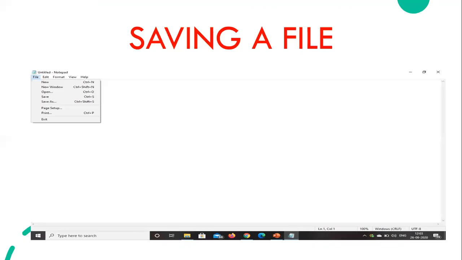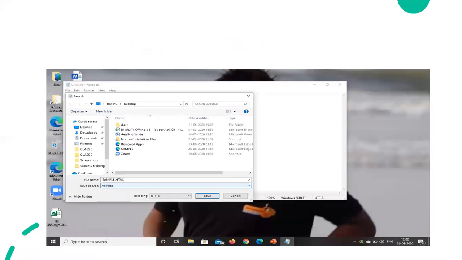The next topic is how to save a file. Everyone knows how to save a file, so let us just recollect it. See here, I have shared a screenshot. After completing writing the code in Notepad, we go into the File menu, and in the File menu we go to the Save As option. After that we get a dialog like this, Save As, and we have several folders. We select the folder in which we want to save the particular file. So here I have saved.